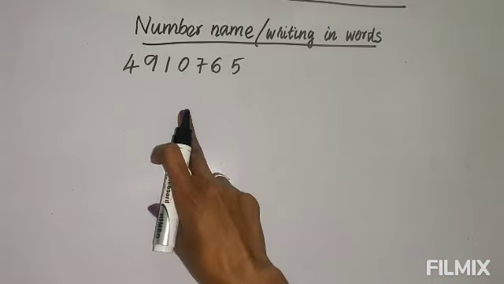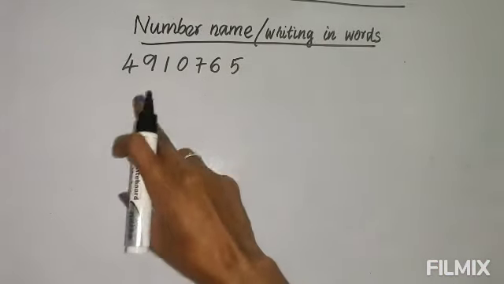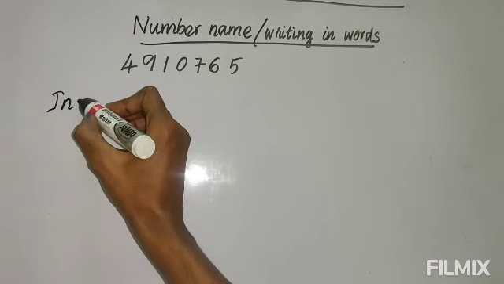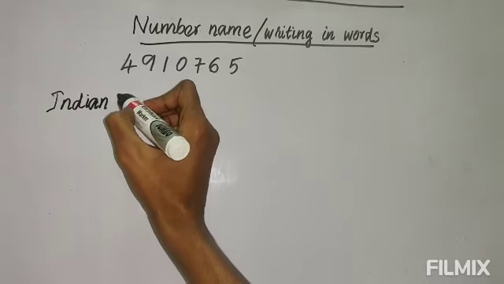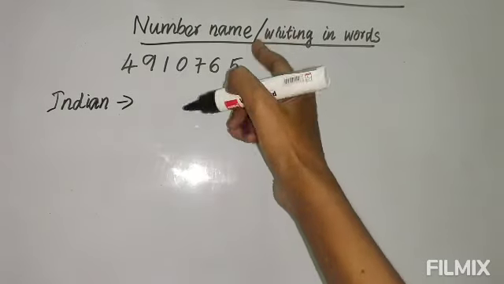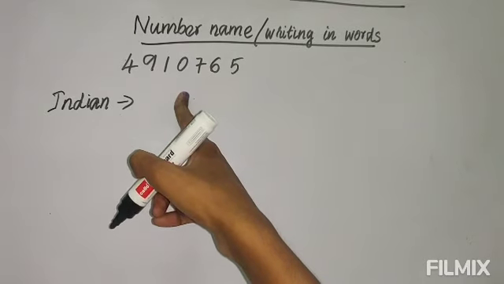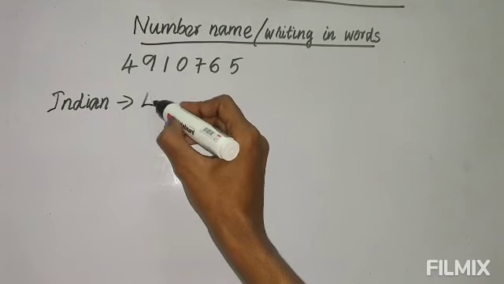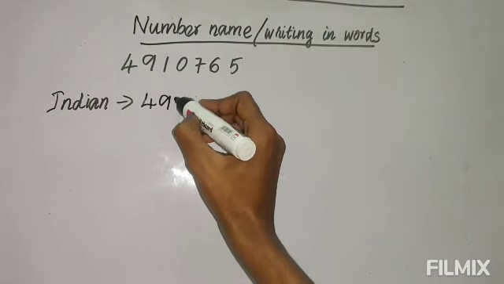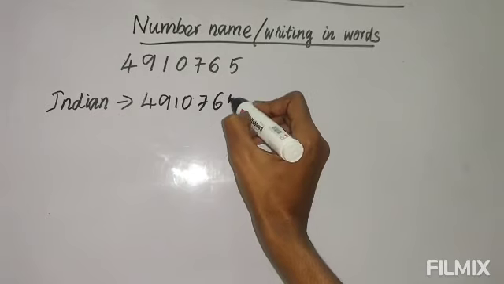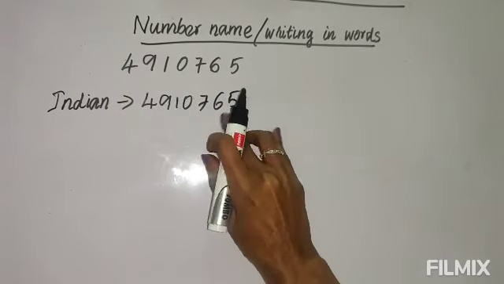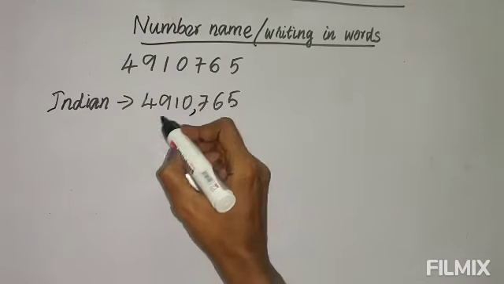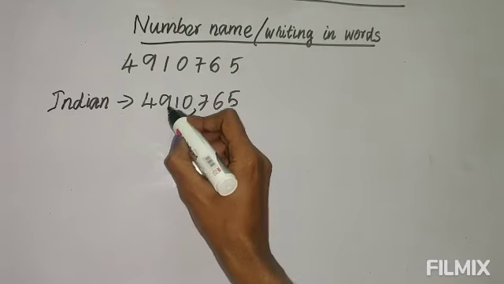Let's see writing the number name, or writing in words. First let me explain in the Indian system. In the Indian system, the main thing when you write the number name or write in words is that first the placing of the comma is important, then it will be easy for you. So for this number in the Indian system, first you have to put a comma after 3 digits, isn't it? Always remember, from the right side. So from 1, 2, 3, after 3 digits, first is 3 digits, afterward 2 digits. So here 2, again 2 is there.